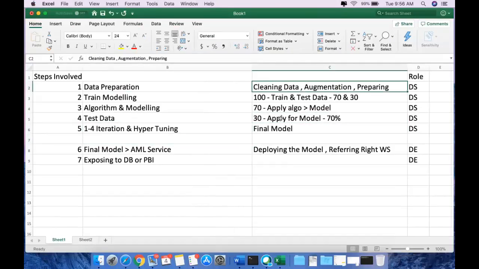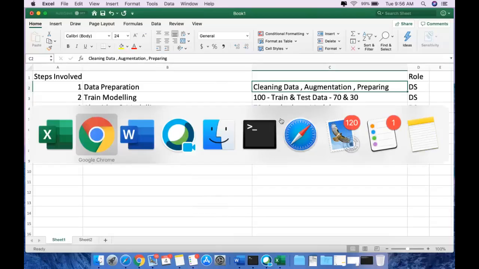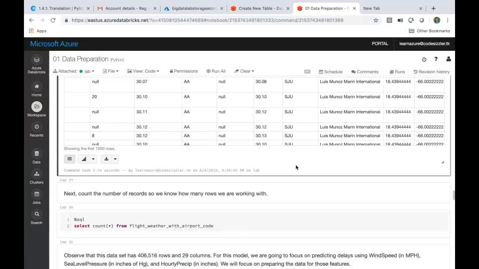I've seen people iterating many times, because hyperparameter tuning is very important, algorithm selection is very important, and data preparation is very important. So they have to go through multiple levels of iterations. It is not an easy job for them to work with.